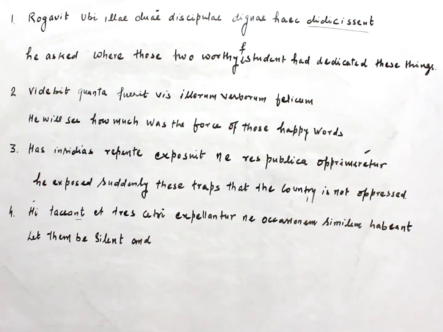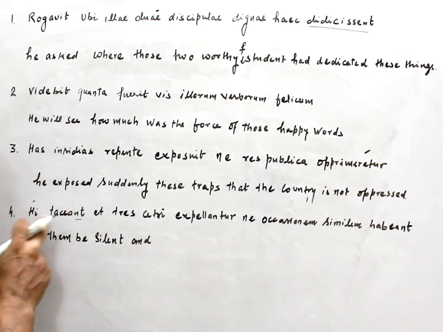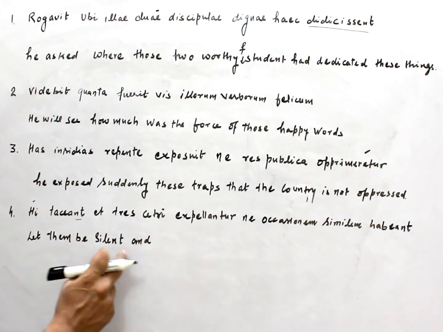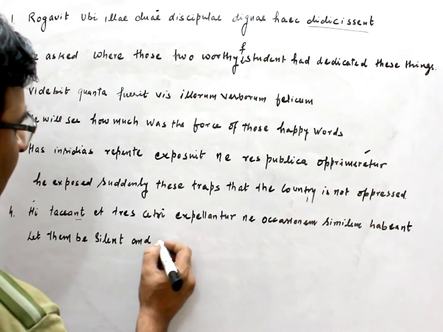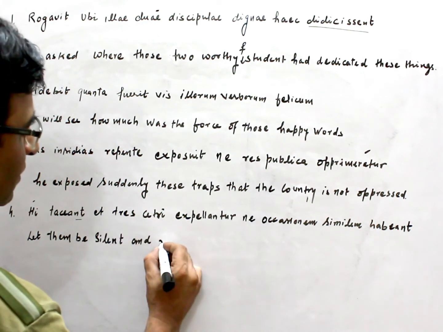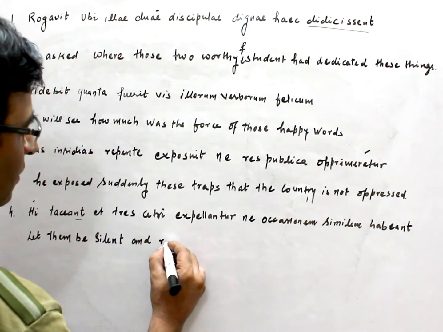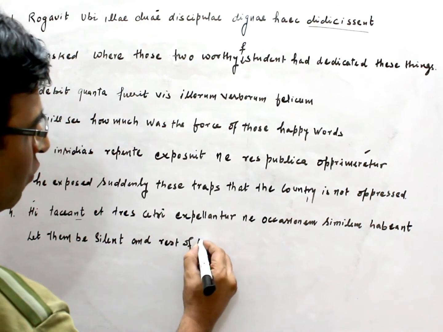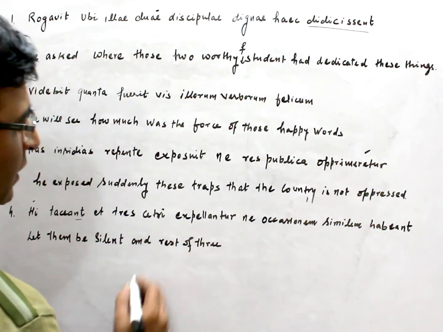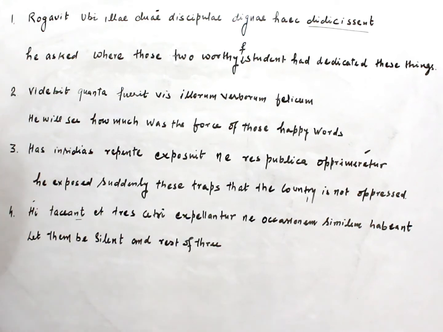Female actually it is hae plural. And we can say, let these men be silent or let them be silent, and ceteri means the rest. Rest of three. Now this expellantur are expelled,